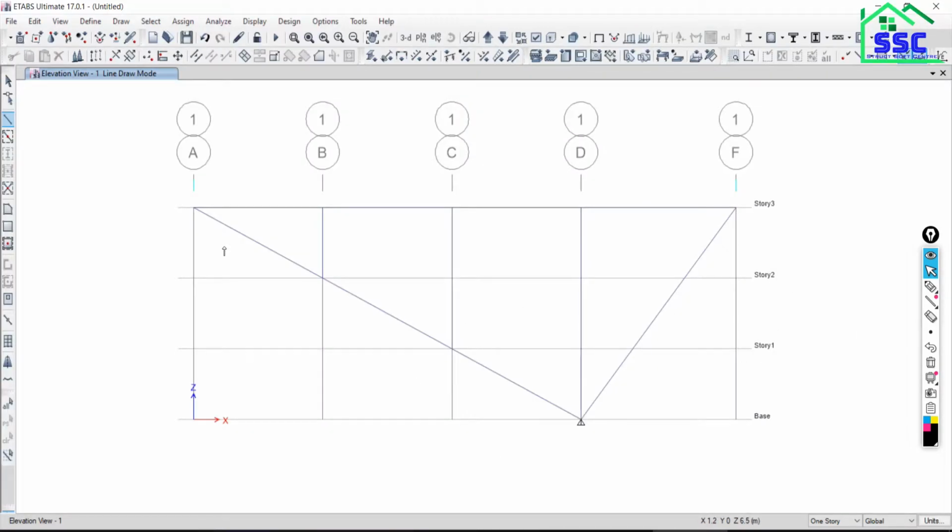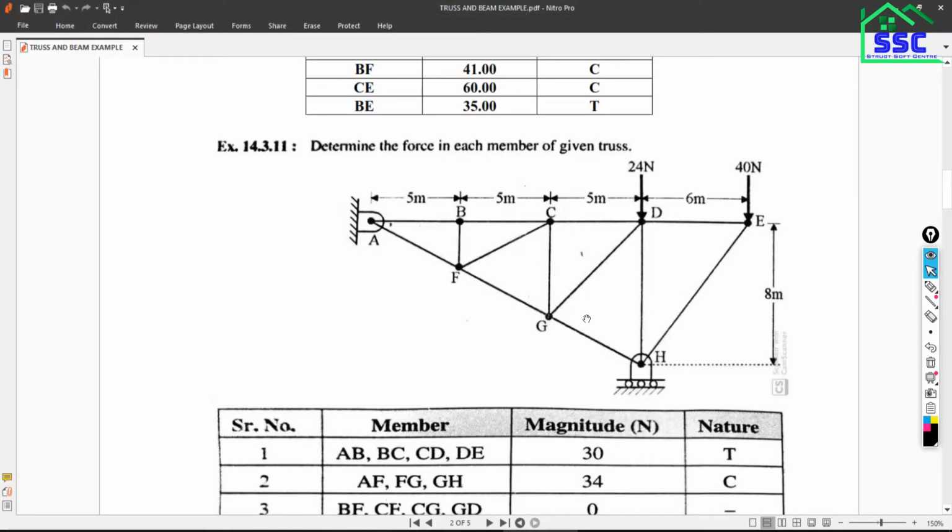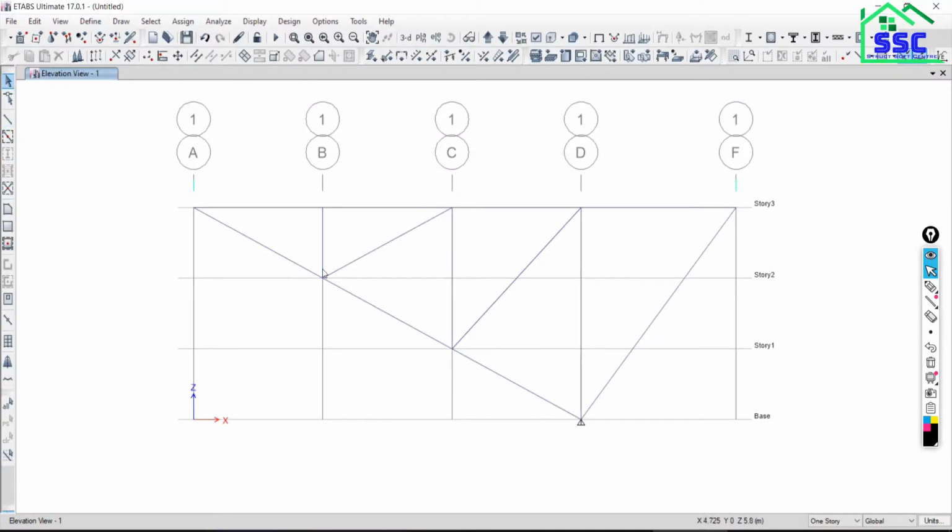Now the cross members will be there from this joint to this joint, from this joint to this joint. Now as you can see, all the members we have modeled there. Okay, so see, this is the continuous member. So is it needed to break this or not? As we have seen in the truss, each member is a separate member. So this is a continuous member. So we need to break this continuous member at their connections, at the joint points.